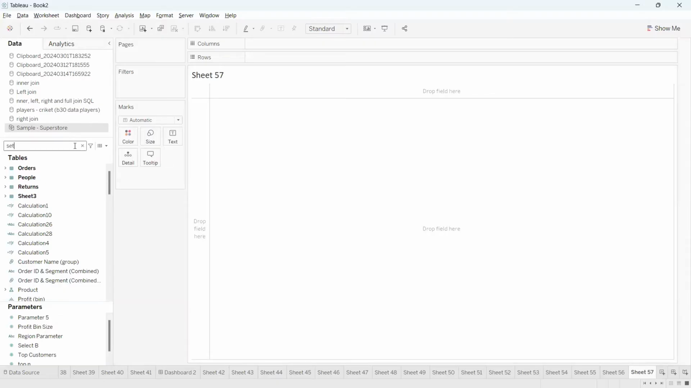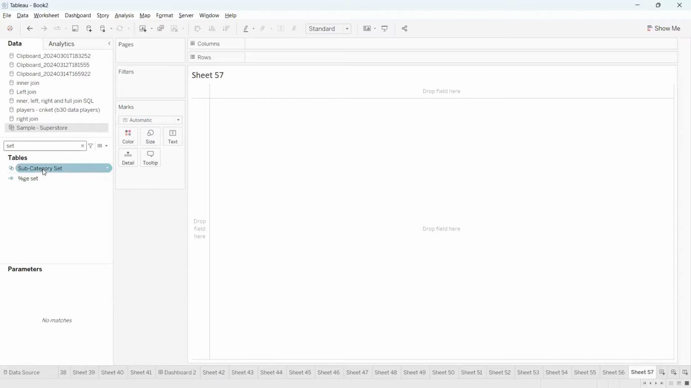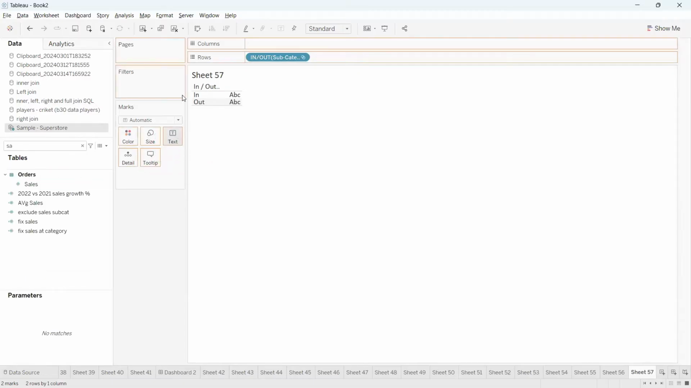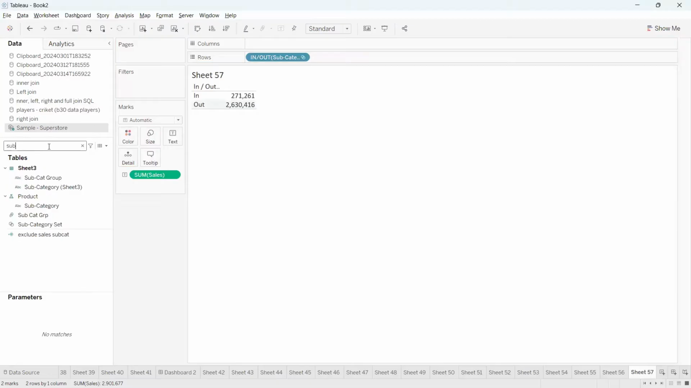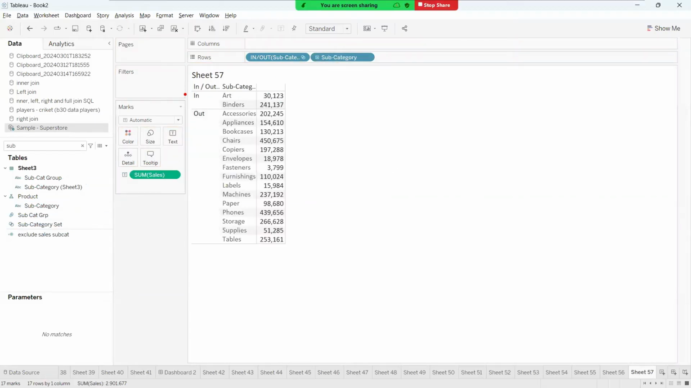Okay. Now, as we discussed initially, we have created a set here using subcategory set here. This will by default give you inset and outset here. Now, under inset, if you want to see what are the members under inset, right, then you can simply drag the subcategory. If you want to see the members who are under inset, there are two methods. You can directly drag the subcategory into the row shelf,